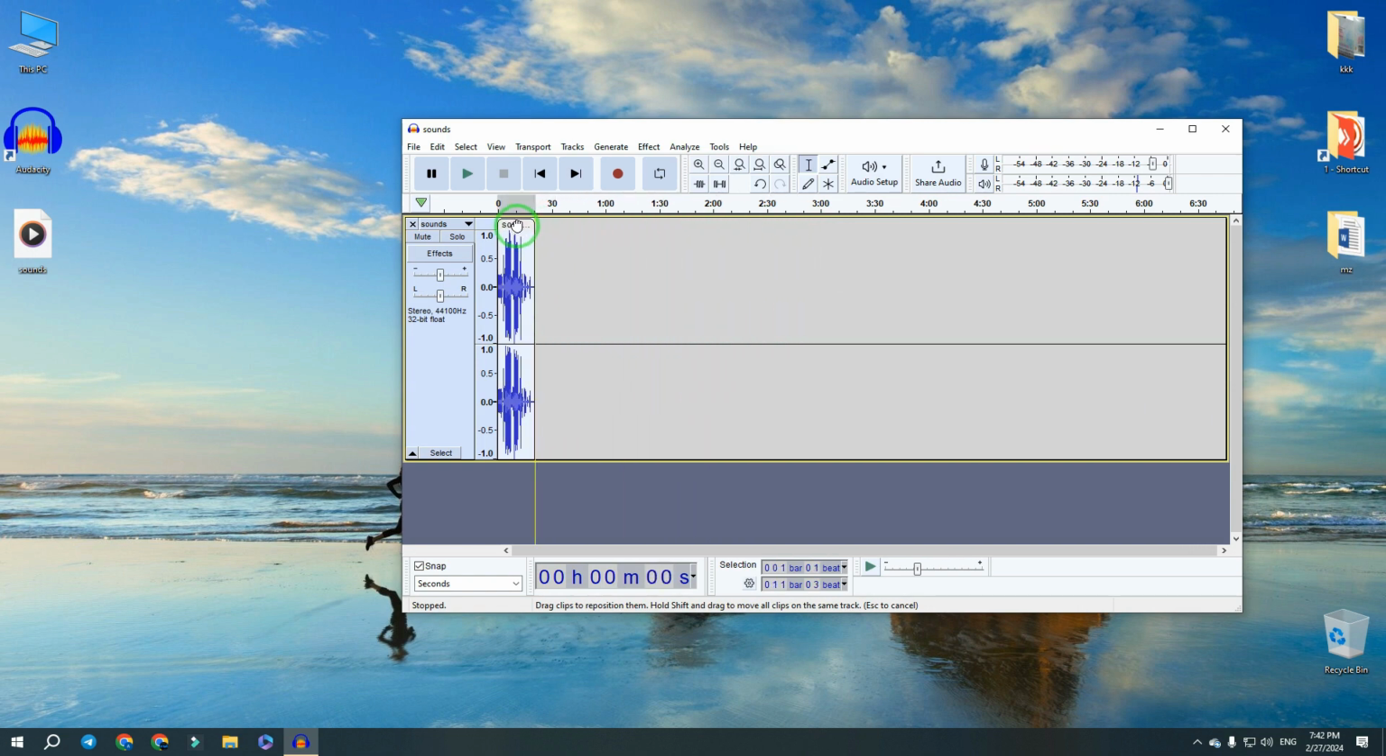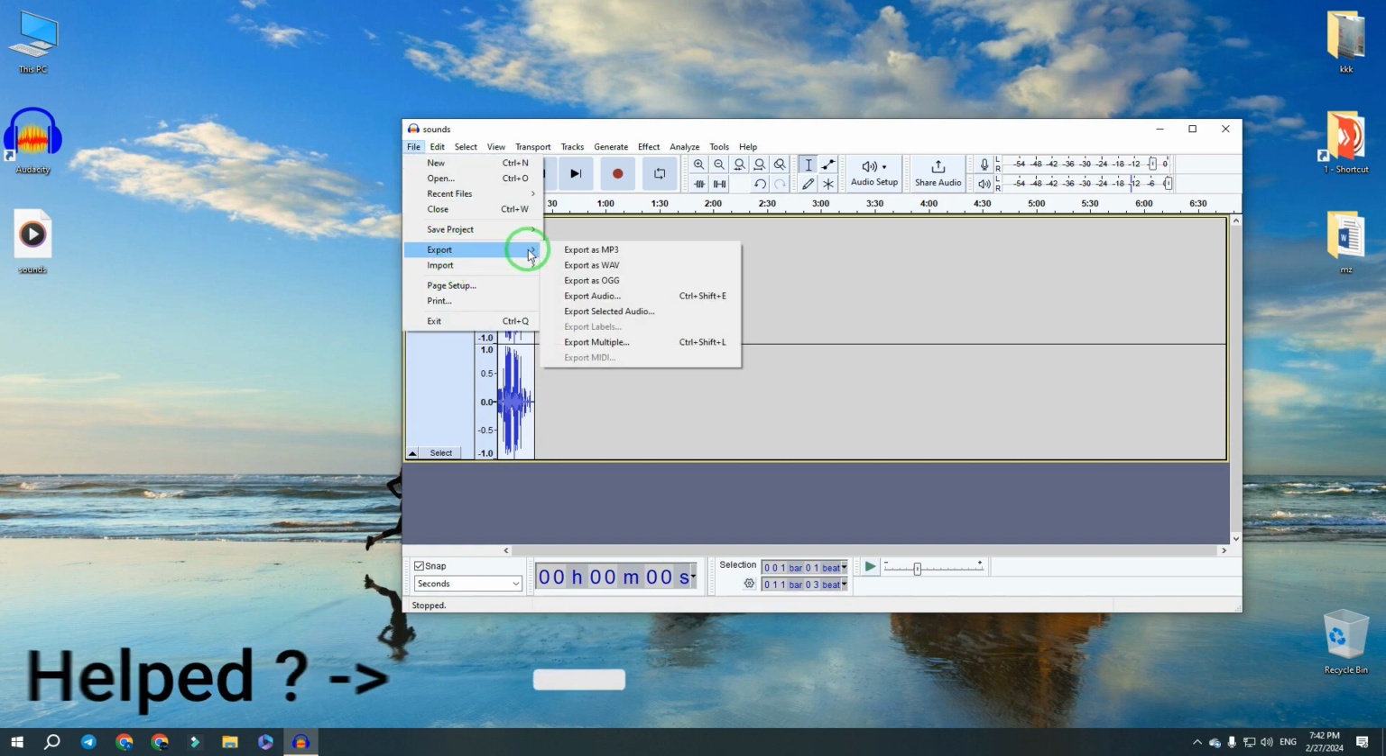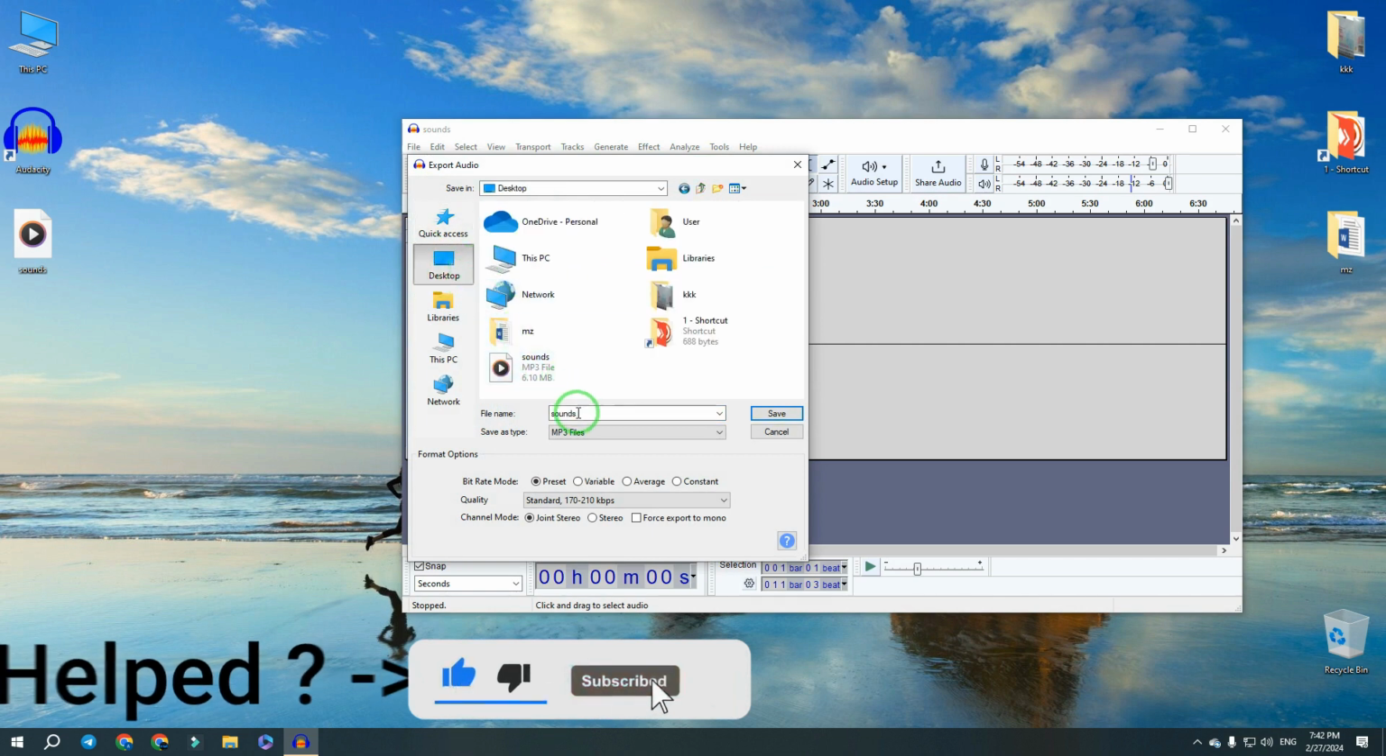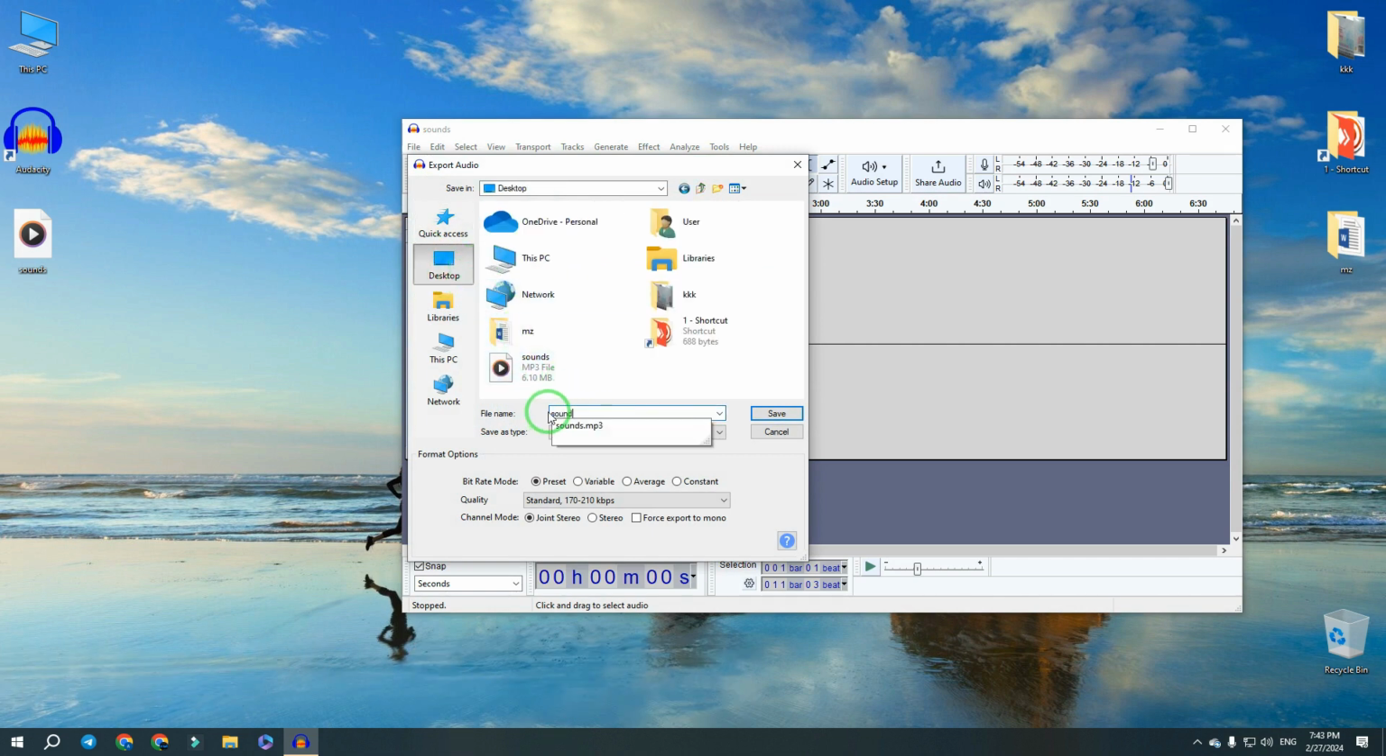Now, move this part to the beginning. So, it's almost done. Now, we export it as mp3 format. Go to File, Export as mp3. I select Desktop, give a new file name, save it,